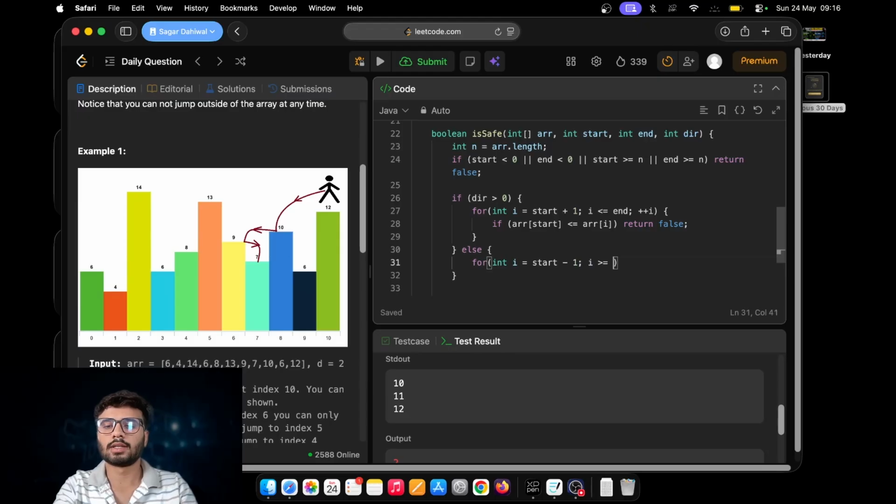I is greater than or equal to n minus I. In here start is